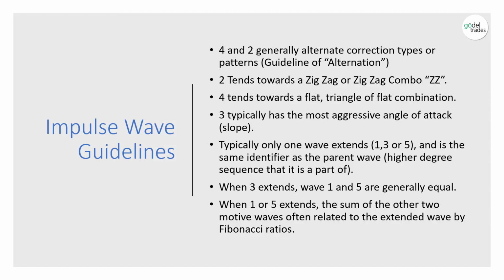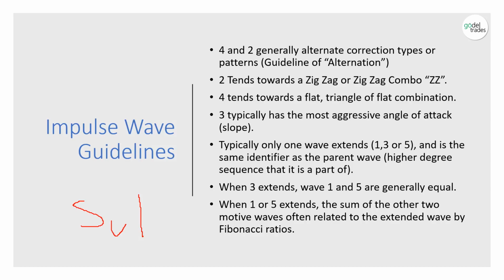When your third wave extends and your wave 3 is the longest, waves 1 and 5 tend towards equality. That's that 5v1 equality that we often talk about after we see an extended third wave advance. When wave 1 or 5 will extend, the sum of the other two motive waves are often related